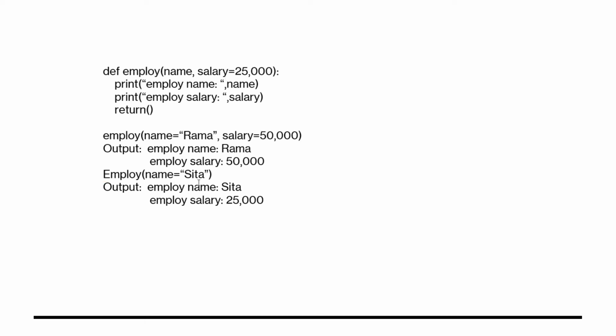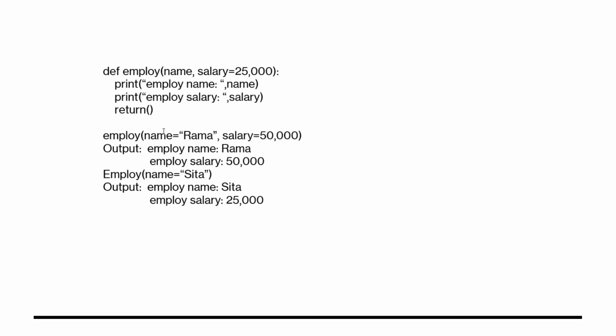In another case, here we are having only one argument. We are not giving a value to the other argument. If you are not giving any value to an argument, the default value will be taken. Here we are giving the name only. We are not providing any salary. The salary argument is missing when calling the employee function, so the default value 25,000 is printed here. If we are not giving any value, the default value of the argument will be taken and the same will get printed.